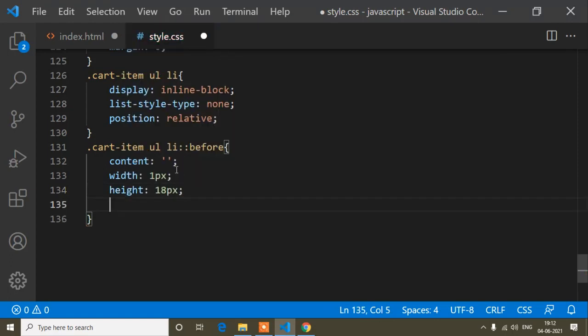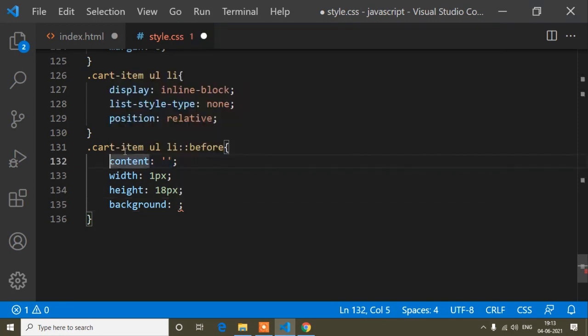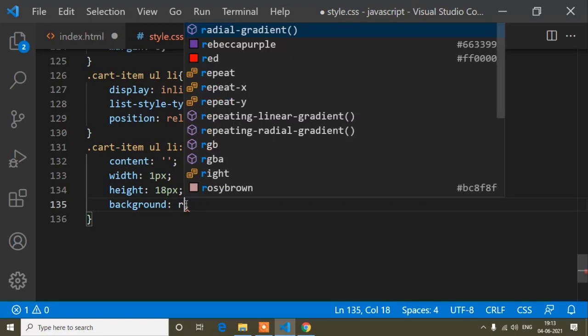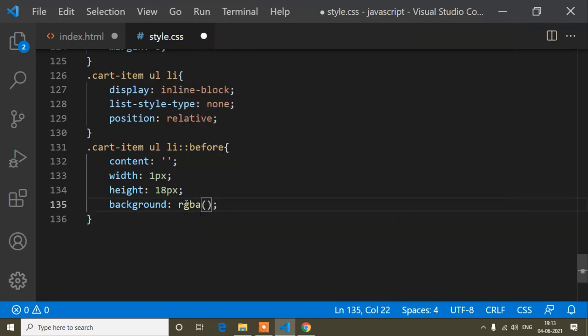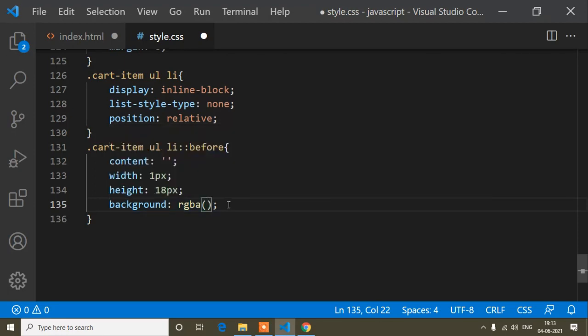Now for the border color, I'm not adding the border property, I'm adding it like a before tag, so I will write the background color. Background color will be RGBA. R is for red, G is for green, B is for blue, and A is opacity actually. So here I will write the color code.